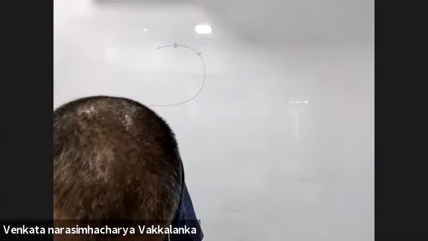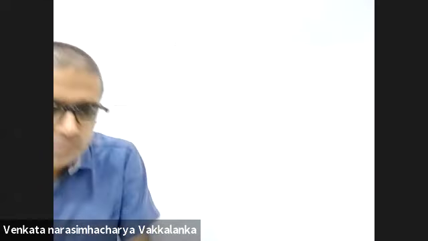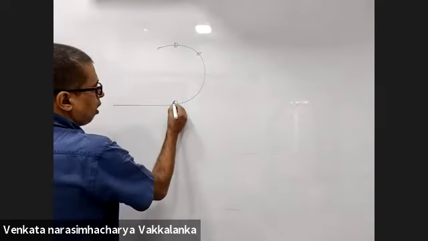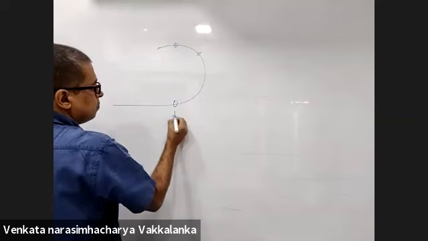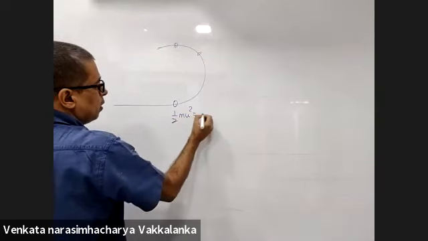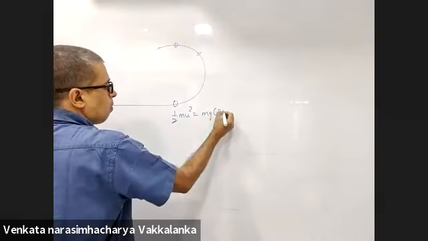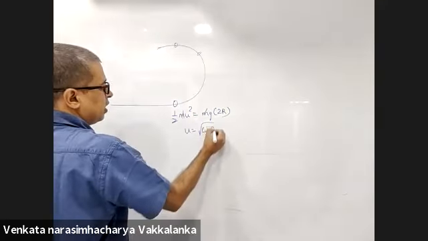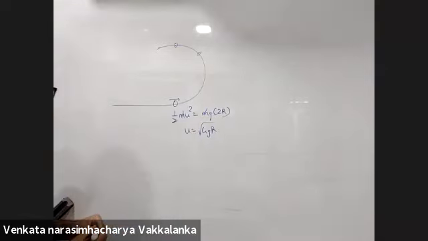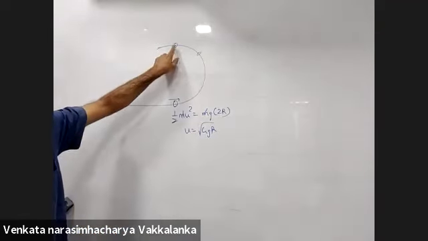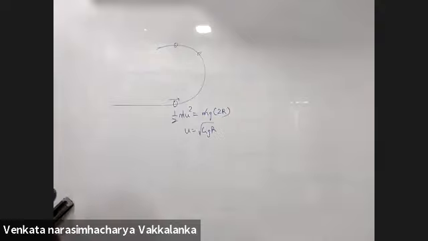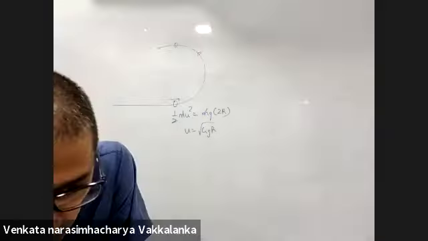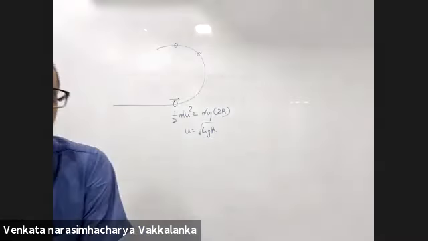Sir, so can you please solve this? Root over 4 gr. Speed of the nth ball should be for it to reach that point. Half mu square will be mg2r. U should be root over of 4 gr. This should start with root over of 4 gr to reach the topmost point. If it reaches the topmost point, it will fall into this. सही दिया है, 18 सही है.